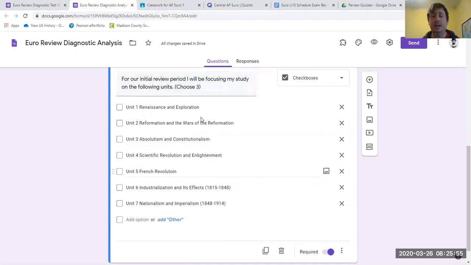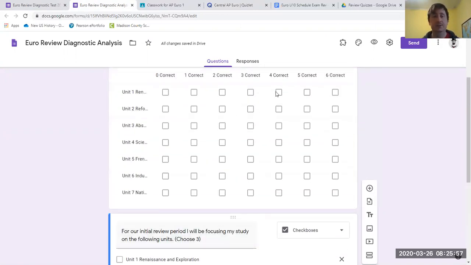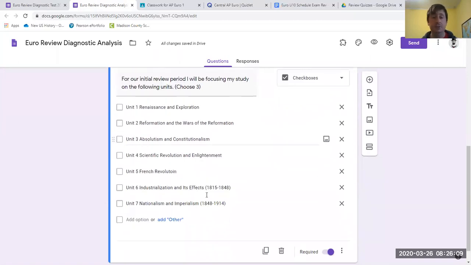Now, these do not have to match up with the results up here. If you got all 6 right on the Reformation and you just happen to know those 6, or you guessed on all 6 and you got lucky,